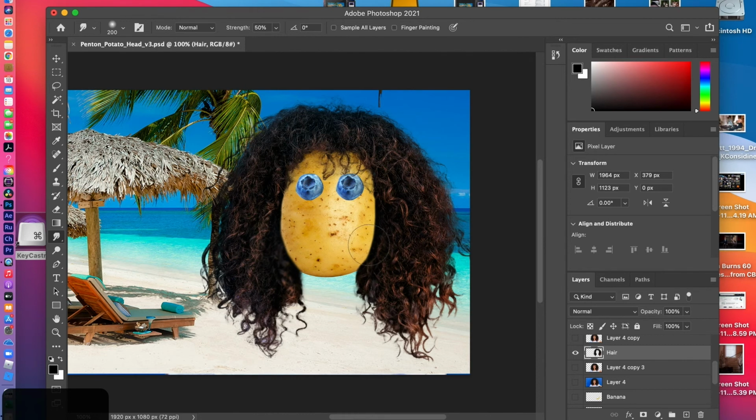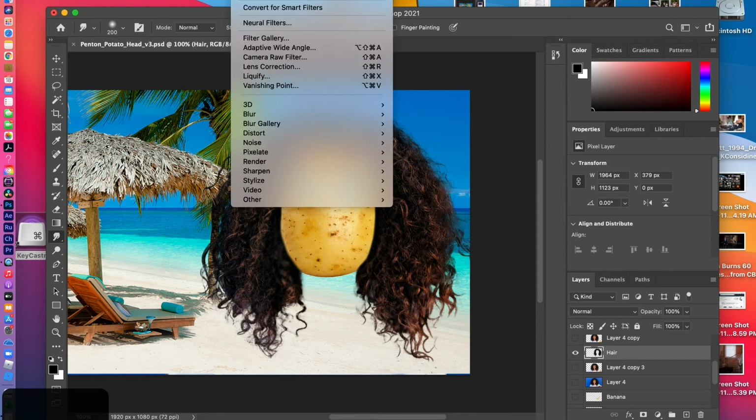So another thing we can do, which is really fun, and I'll just show you this tool right now. This is a Liquify tool I'm going to show you. Liquify is really cool. Let me show you how that works. I go into Filter, Liquify,